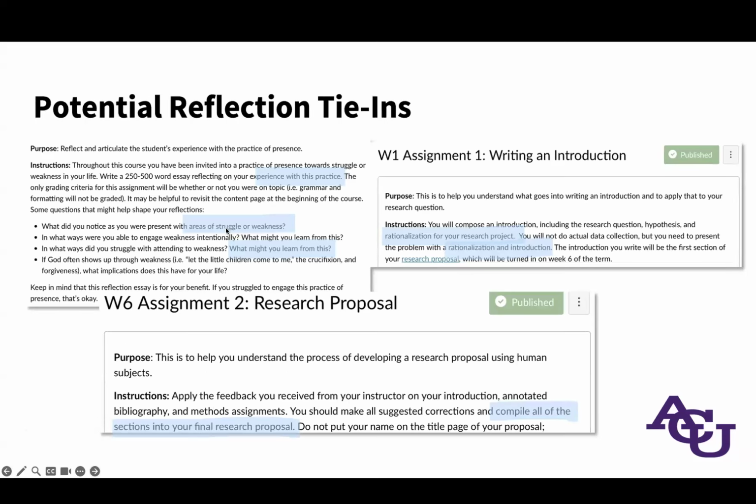Now, if we look at this with the week 1 assignment, which will be revised as part of the larger portfolio, that asks for the rationalization of your research project. Why is this important? And that can be important to the people involved, the patient participants perhaps, and can also be important to you. Looking at the larger research proposal, again, these are going to be compiled together in the week 6 assignment number 2. So looking at all these things, there is going to be a gluing these together, of putting them together and saying, why is this important? Why is this justified?